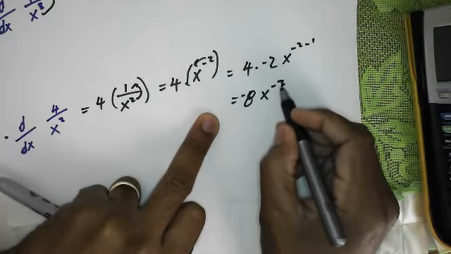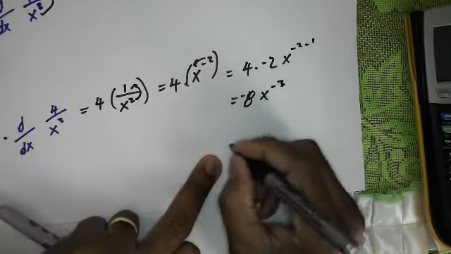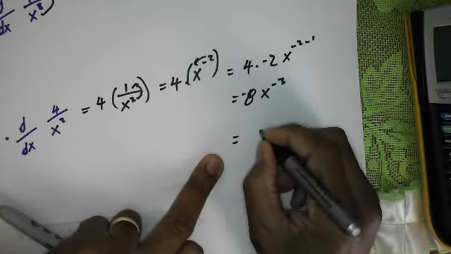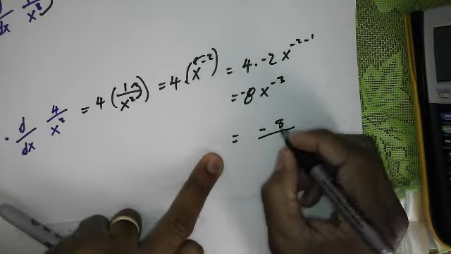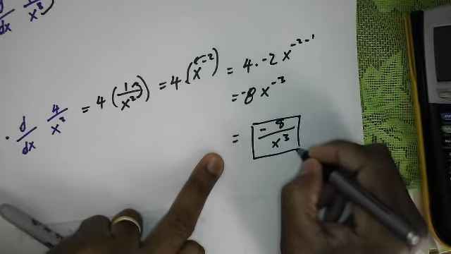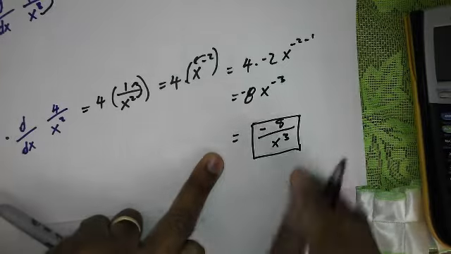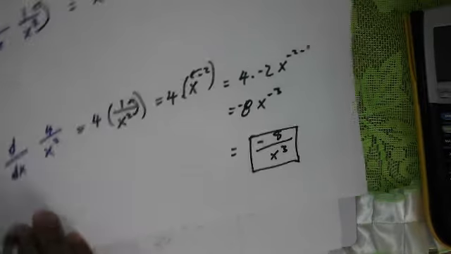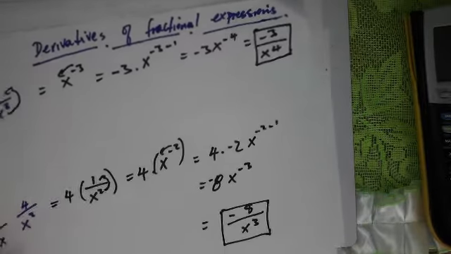Again, because our exponent is negative, it belongs in the denominator. So your final answer would be negative 8 divided by x cubed. When it goes in the denominator, it becomes positive. That would be your final answer there. Alright? Now, let's look at how we differentiate